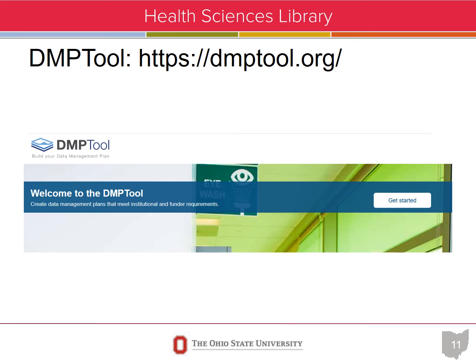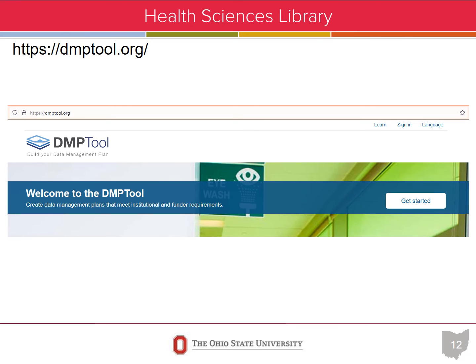OSU makes a tool called DMP Tool available to help you write a data management and sharing plan. Within this tool, templates for numerous funders are built into the interface, allowing you to address all common elements as required by each funder. To access DMP Tool, go to